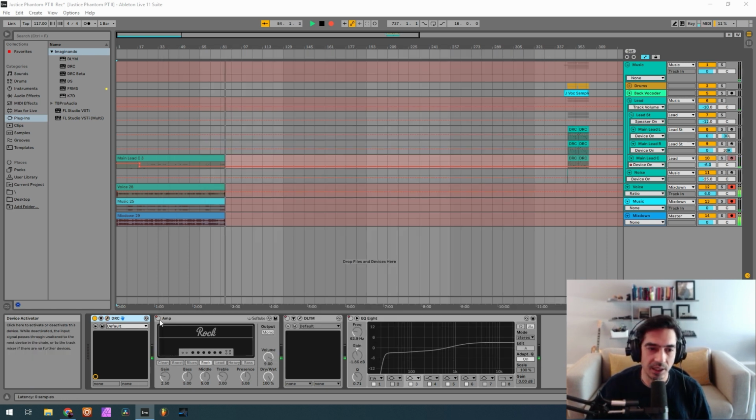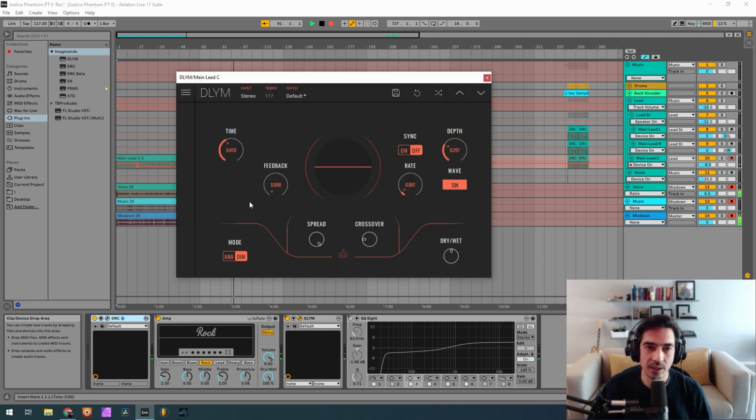So now we can turn the guitar amp on. As you can see, I've got a 2.5 gain and I dropped 2 points here on the treble. Delay modulator on with a 410 time, 0 feedback, a little bit of 200 crossover, 297 depth and a low rate of 0.67, and we want about half dry wet.